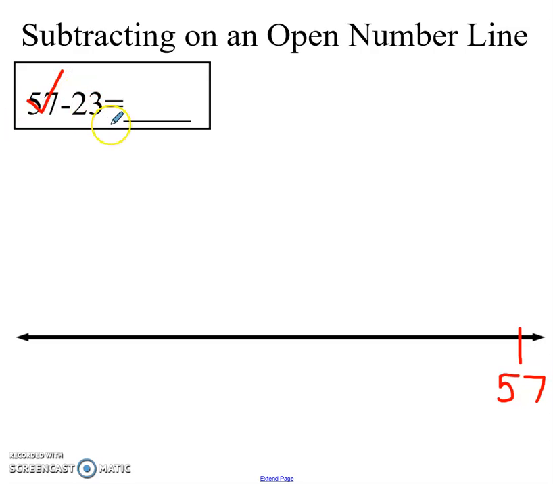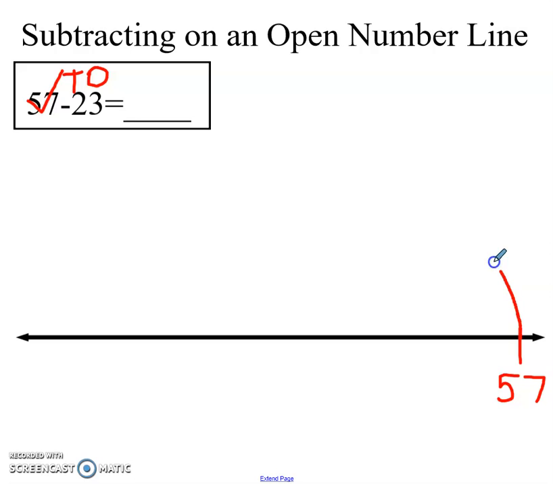We're done with that one. So now I have 23 to take away. Well, I don't know what 57 minus 23 is yet, so instead I'm going to take away the tens and then the ones. So how many tens are in 23? 2. Okay, so I'm going to do 2 big hops backwards from 57